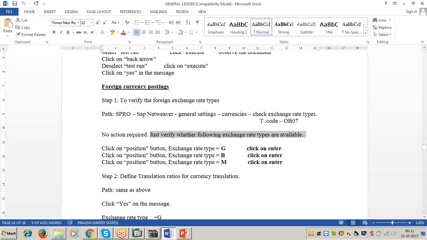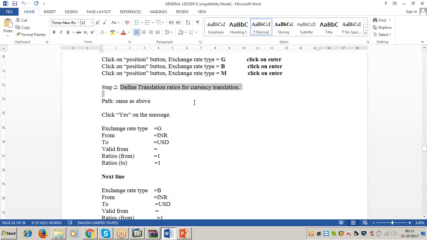Now see the next step. Define translation ratios for currency translation. What is the translation ratio?